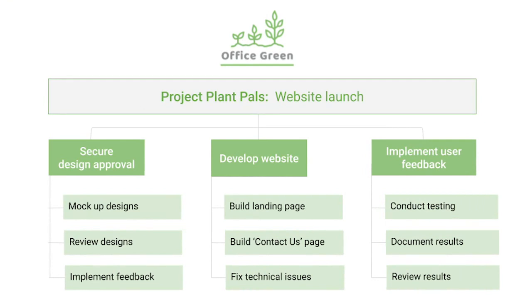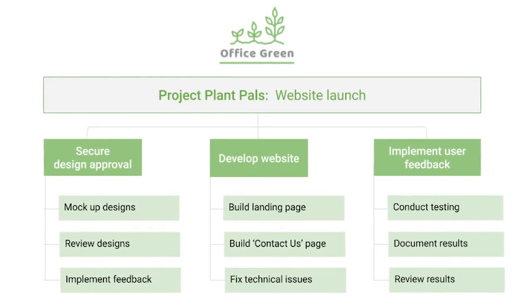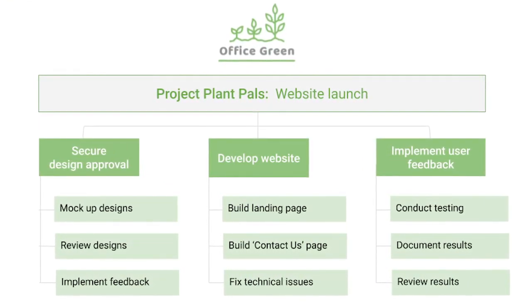At the third level of the chart, we can see each of those milestones gets further broken down into a series of project tasks. For example, tasks listed beneath your design approval milestone include mocking up designs and collecting feedback. This is a very simple example of a work breakdown structure. Here, we've only created a work breakdown structure for a new website, which is just one of the Project Plant Pals deliverables. Keep in mind that in future project management roles, you'll likely create a WBS that outlines the tasks